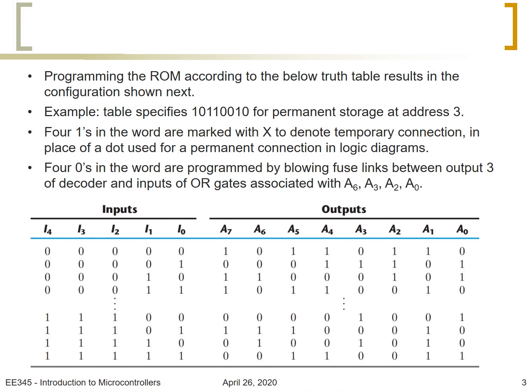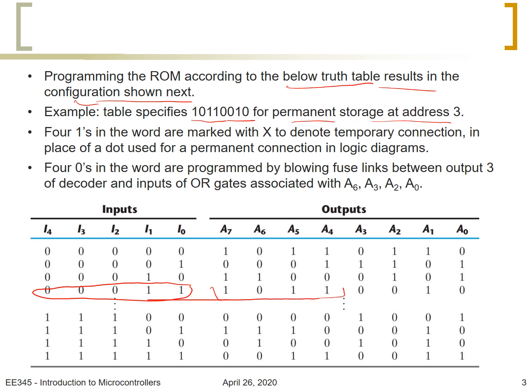Programming the ROM, we can look at a specific example now. If we look at the truth table below, programming the ROM will result in the configuration that we see on the next slide. As an example, the table specifies the following: 10110010 for permanent storage at address 3. So this is address 3 right here, and this is the information that is stored or should be stored in